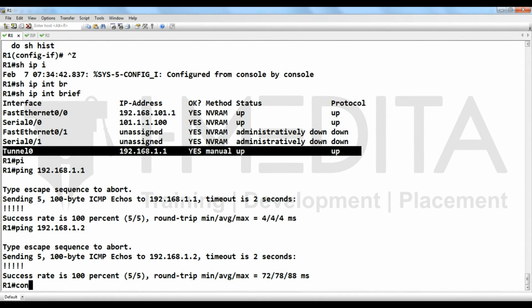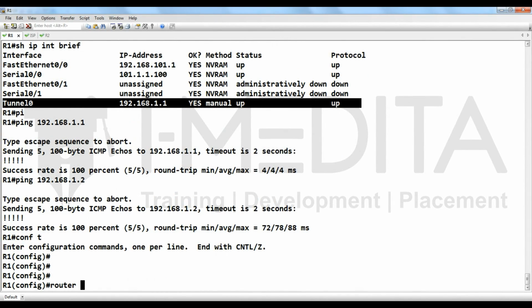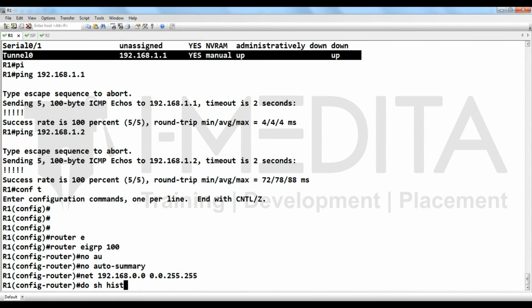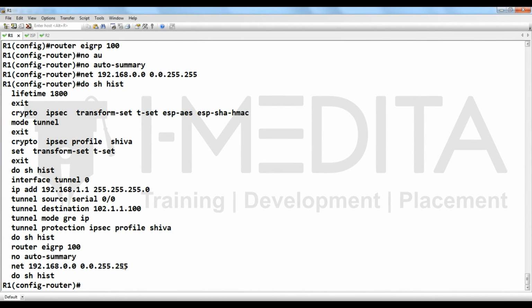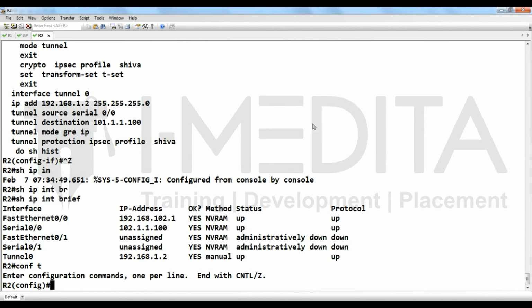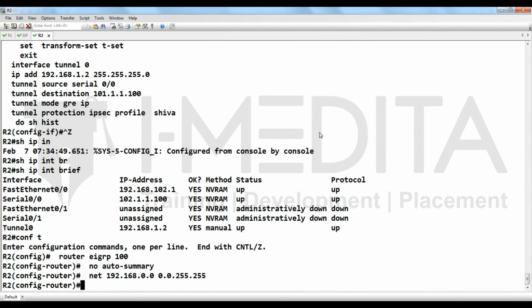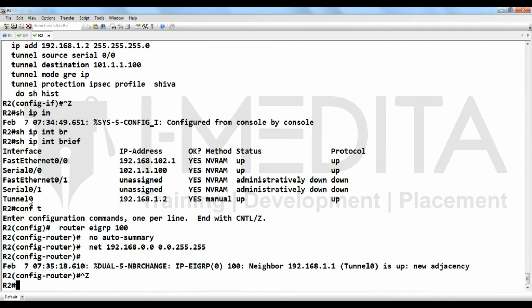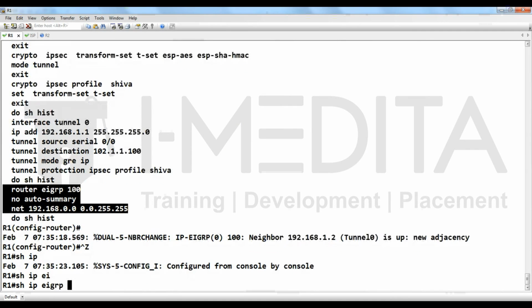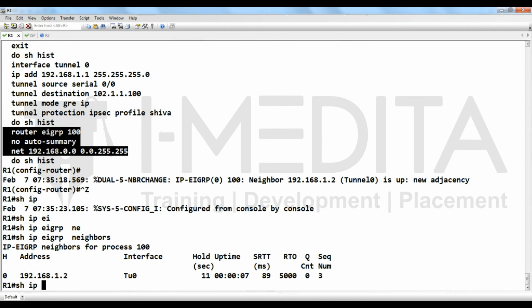You can use any routing protocol here. I am going to use EIGRP, no auto-summary, advertising both the LAN and the tunnel. Copy this and paste it to R2. Now you can see the EIGRP neighborship is complete. Show ip eigrp neighbor, show ip route eigrp.